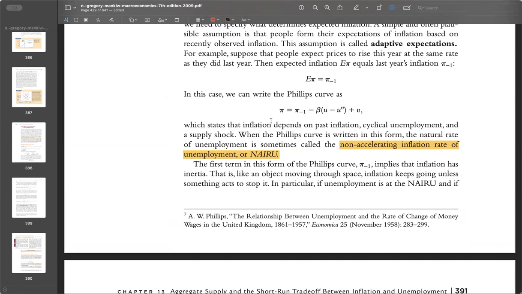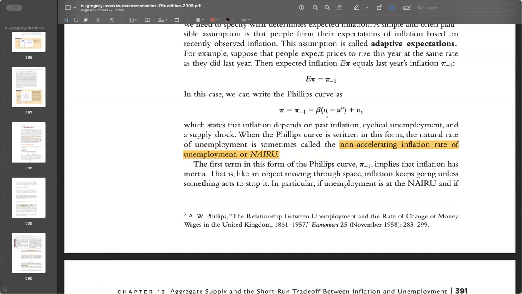The change in the change is called acceleration, if you remember back to your physics days in high school. So what we're saying here is that the change in the inflation rate is 0. So pi is equal to pi last period when u equals the natural rate of unemployment. So that's why it's called the non-accelerating